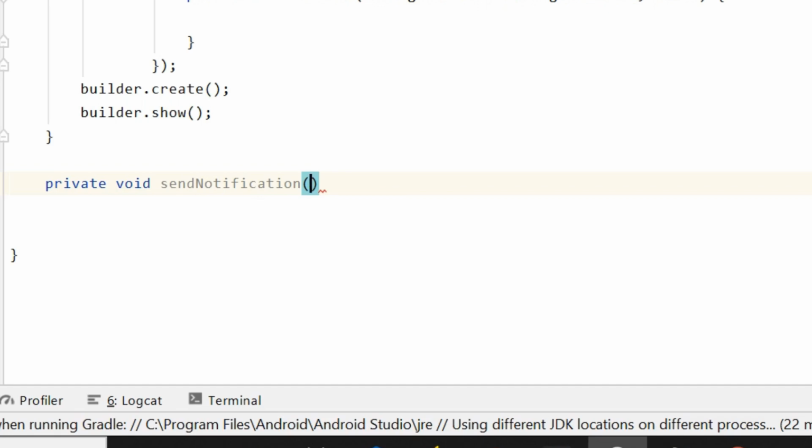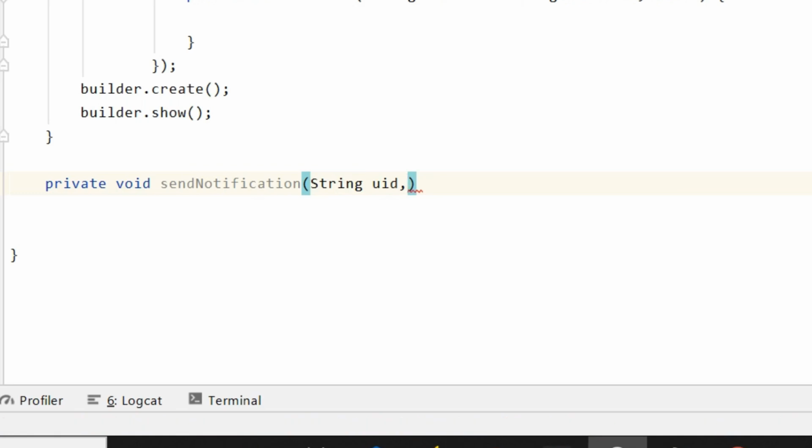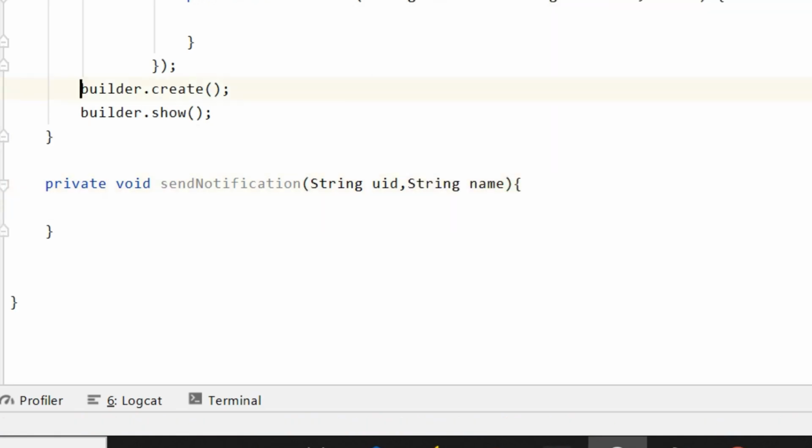We need two parameters: a string userID and the name of that user. So now we have two parameters.